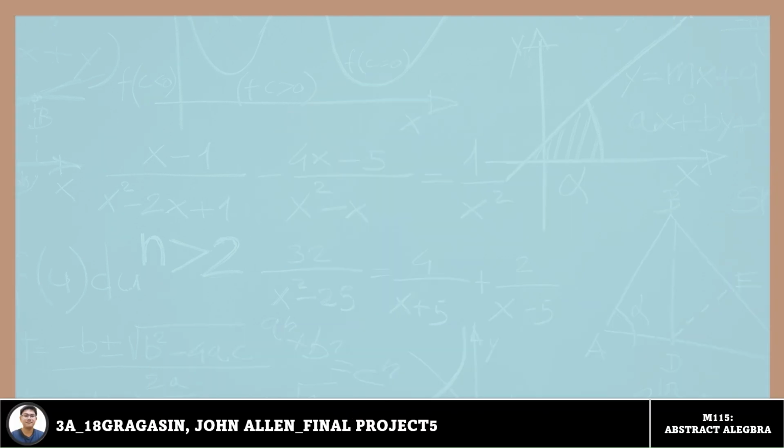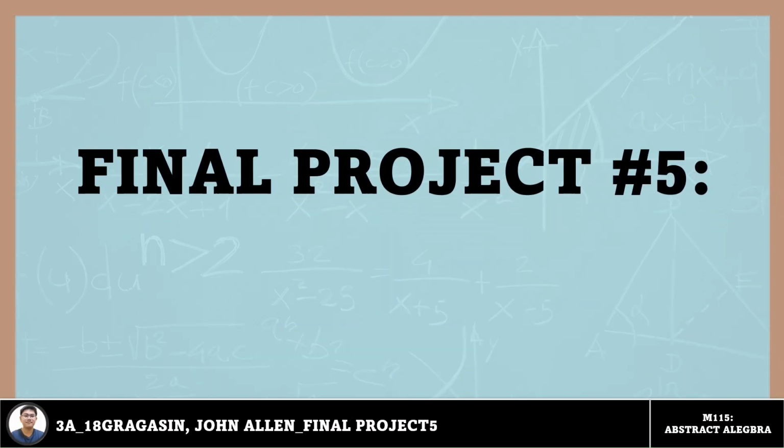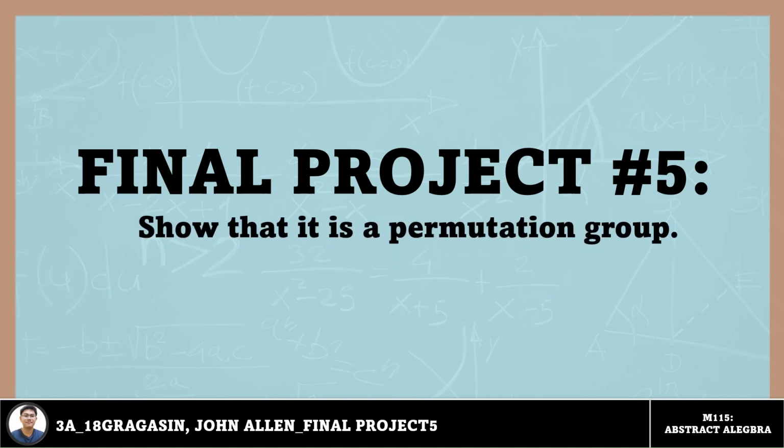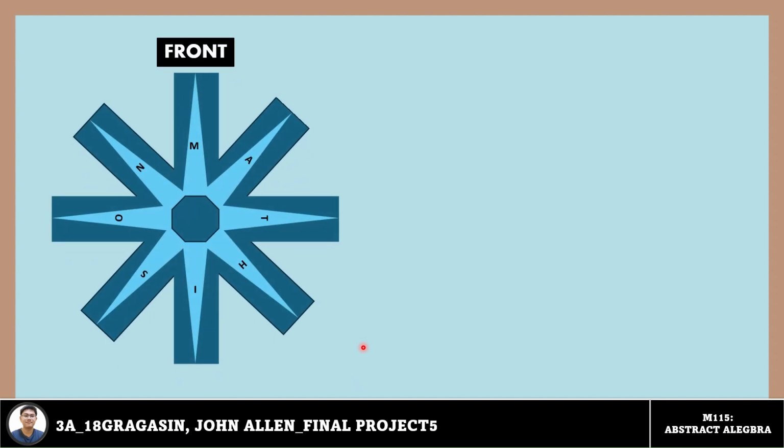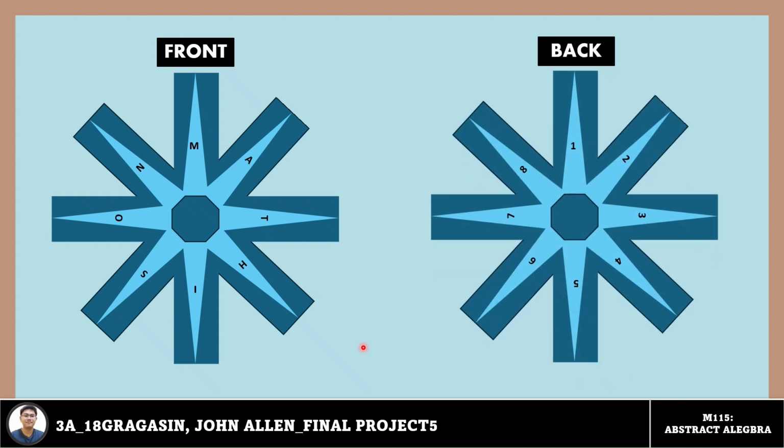Now, we are going to discuss the final project number 5, wherein we need to show that it is a permutation. Now, let's recall our model in our geometric group. So this is our front and this is for our back. And then, to show that